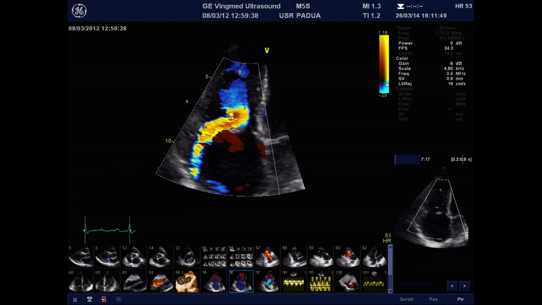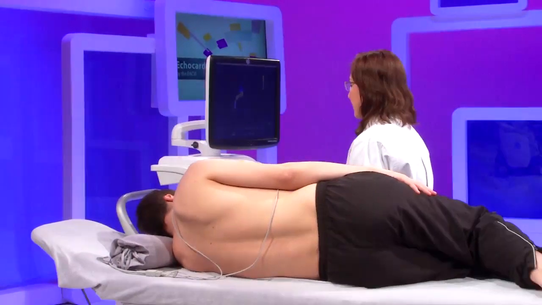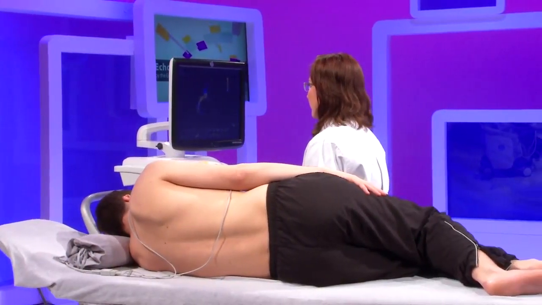Then there is the vena contracta, which is the neck of the regurgitation, and then there is the jet in the right atrium. One quantitative parameter that is recommended in the guidelines is the PISA radius